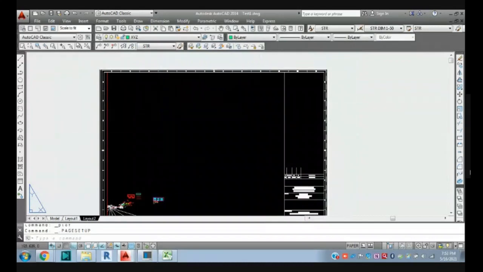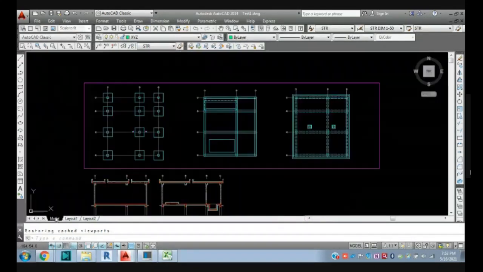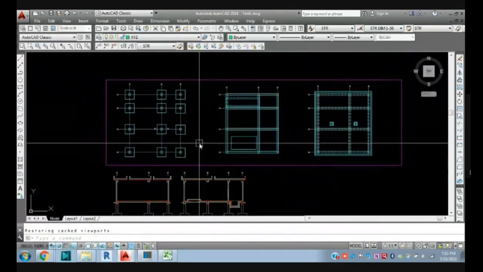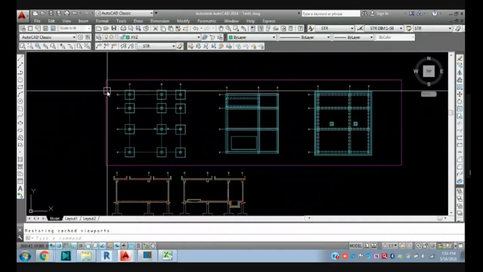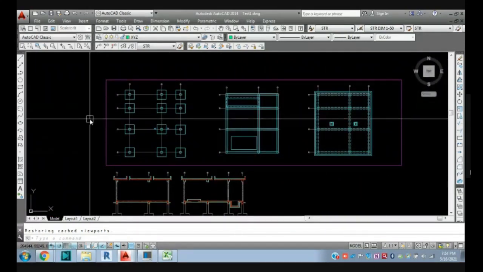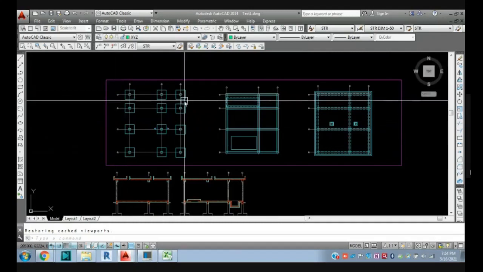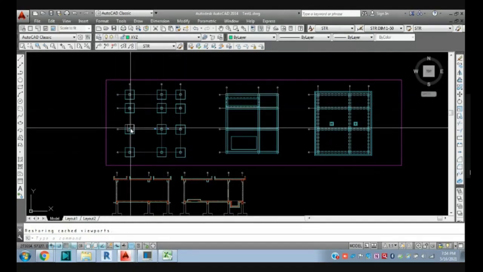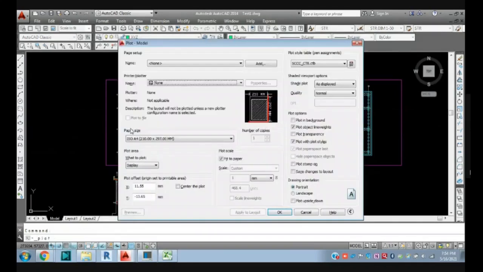So these are the defaults. But if you want to set a PDF print, or take a PDF from this model, you can take the PDF from here also. Just press Control P, and in that case you need to set PDF here, and for paper size you can give any.